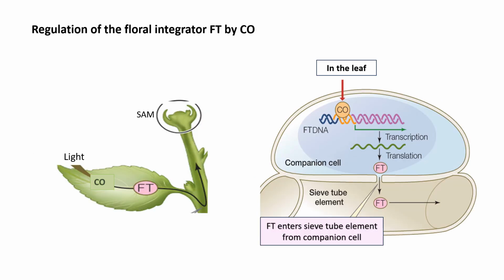Constans expression results in the induction of the flowering locus T gene or FT gene in leaf phloem companion cells. FT encodes a phosphatidyl ethanolamine binding protein which binds to phosphatidyl ethanolamine lipids and moves through the phloem sieve tubes. FT protein is a mobile signal that moves from leaves to the shoot apical meristem and transforms it to the